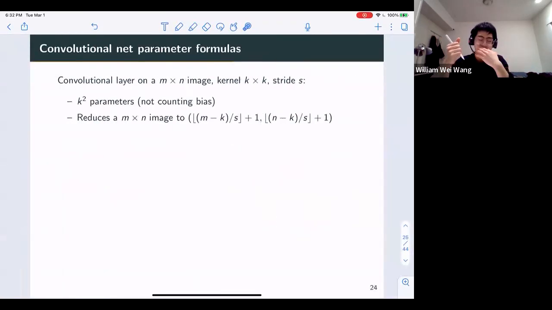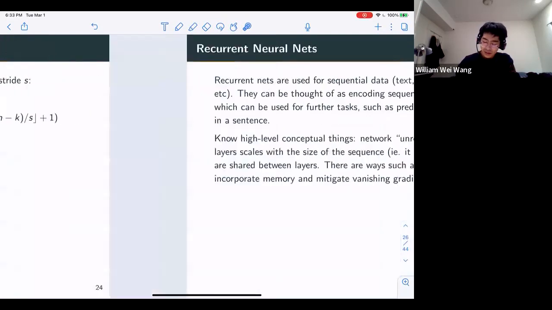One thing that might have been on previous capstone exams was counting the parameters of a convolutional neural network. I would advise you to just memorize them. It's not super enlightening, and you don't have to write them down necessarily. I'll give you the slides, but put it on your cheat sheet, and it might give you a free point. One thing to know is that there are strides. You can take this kernel and, instead of sliding over by 1, slide it over by 2, 3, or 5. So those are convolutional nets.